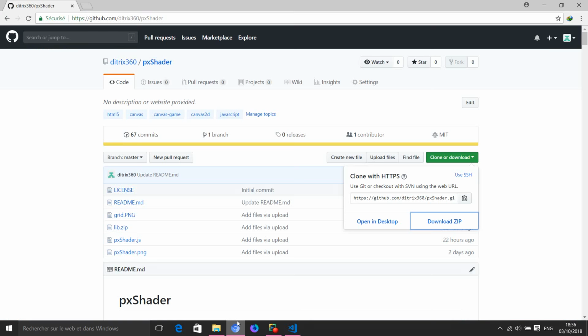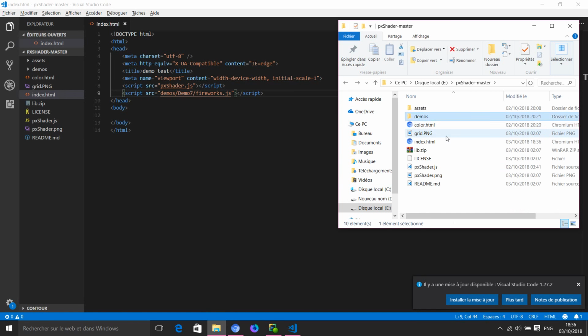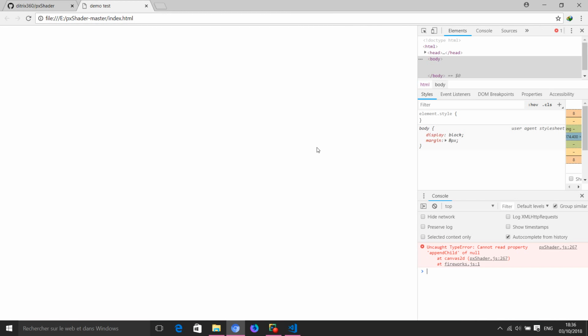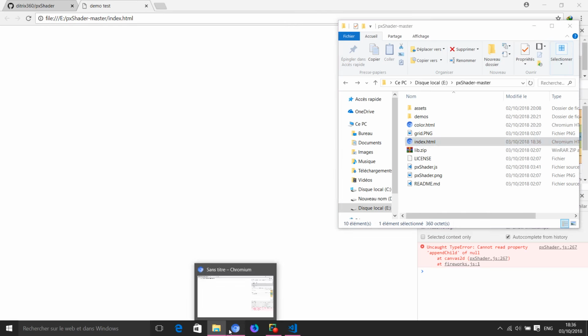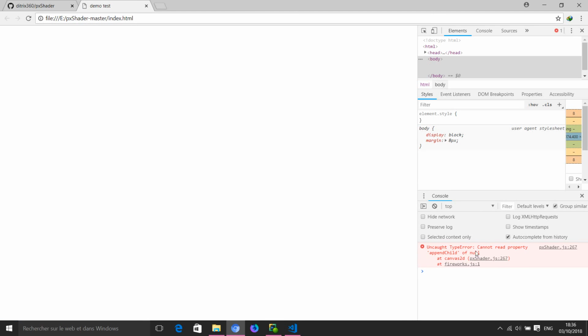So we can actually execute our code by just double clicking on index.html. Okay, you can see there's an error somewhere. Okay, I understand why. It's saying that it cannot append child of null.